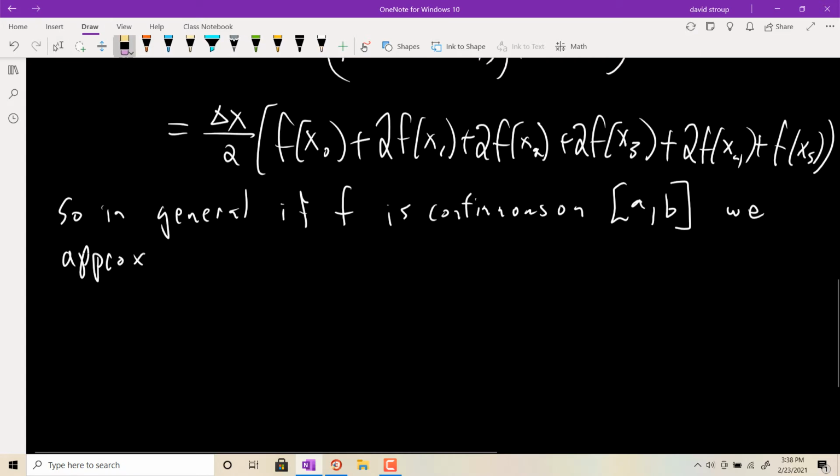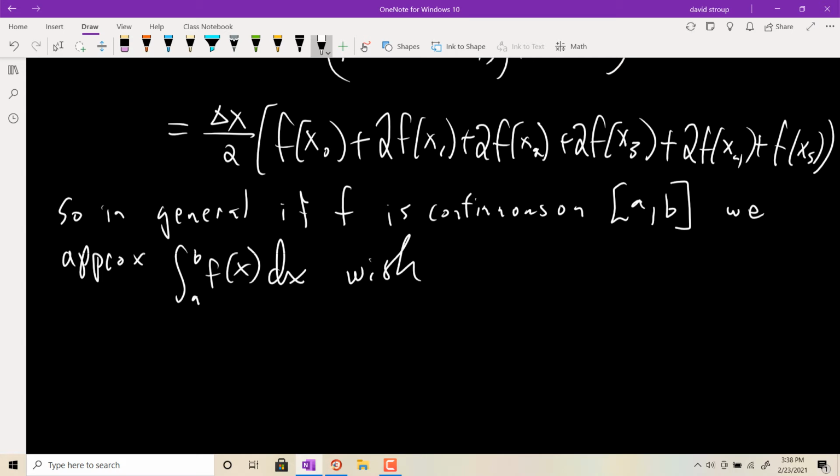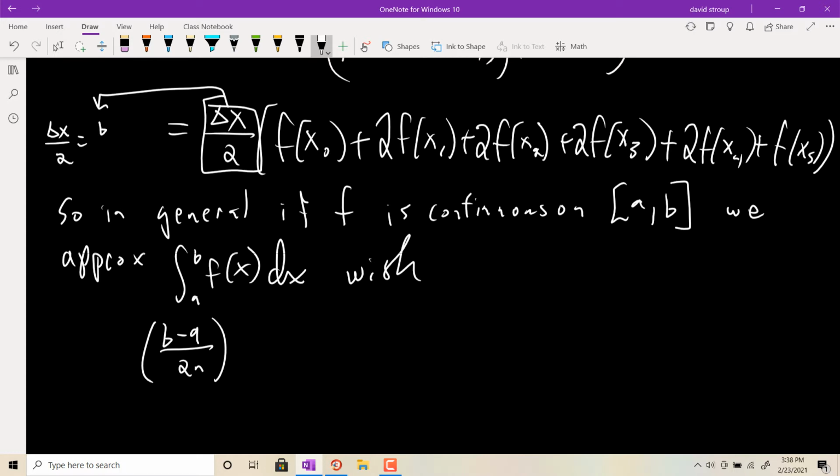So let me just write that integral. The integral from a to b of f of x dx with the following formula, b minus a all over 2n, and the b minus a over n is change in x, right? So it's this thing, that thing that I just wrote is that thing. Change in x over 2 is the same as b minus a all over n all over 2, which will be this thing. Okay, so there's that factor, and then on the inside you'll have f of x sub 0